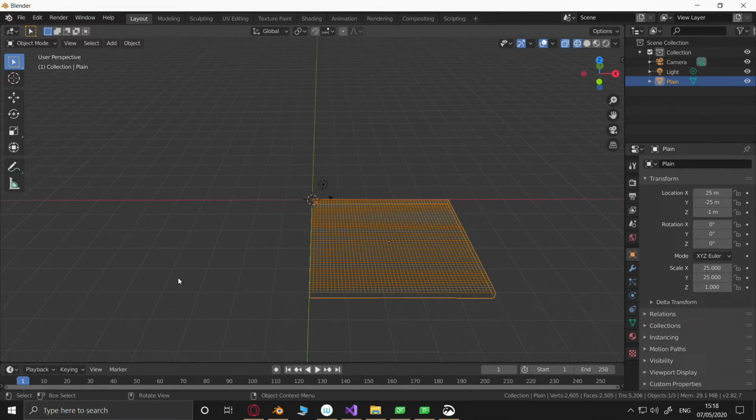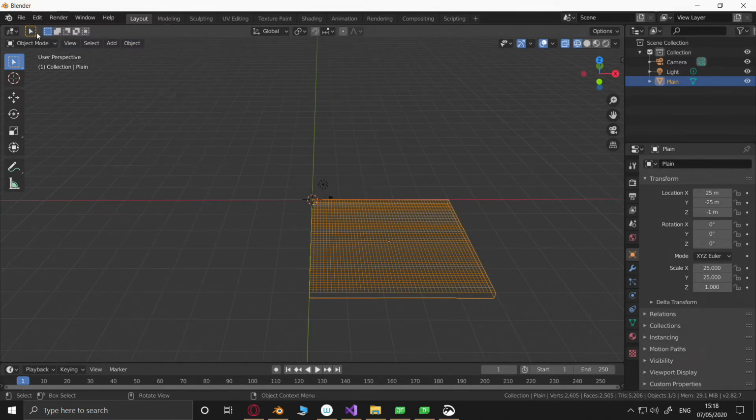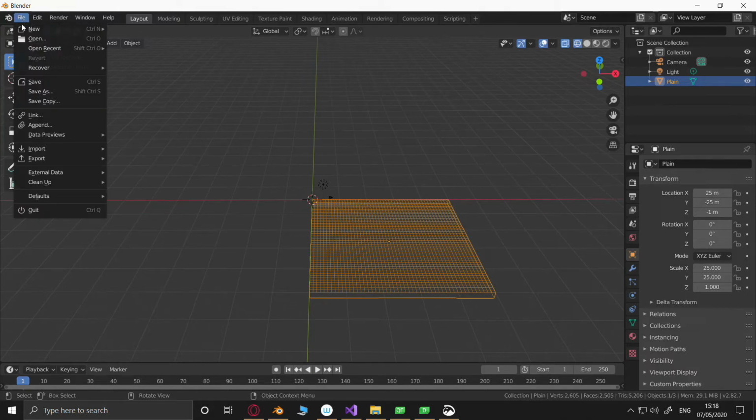Like I said, I'm not very good with this system. How do I UV unwrap? Select, add object, convert to. Right, at this point I'm going to save because I don't know how to do the next part.